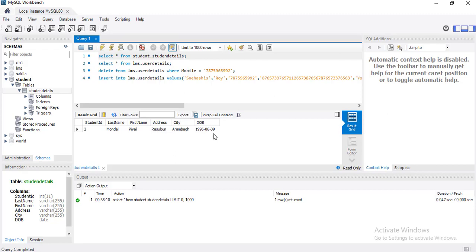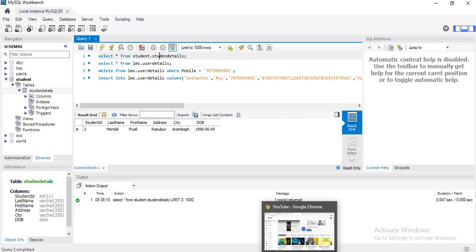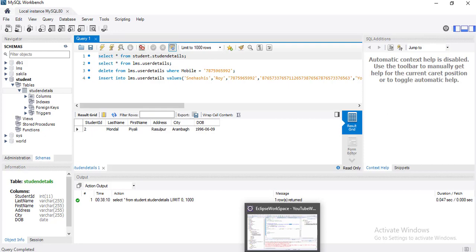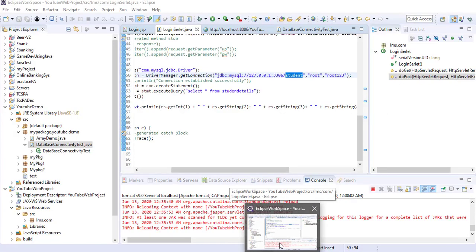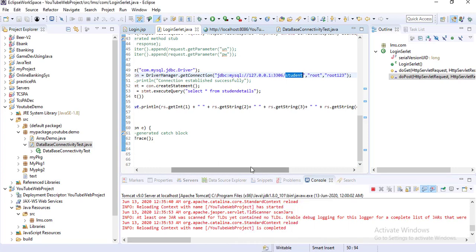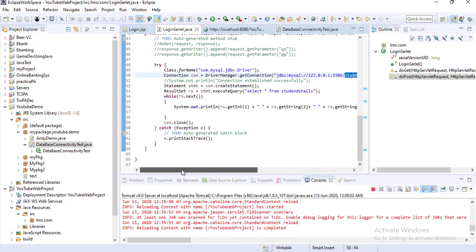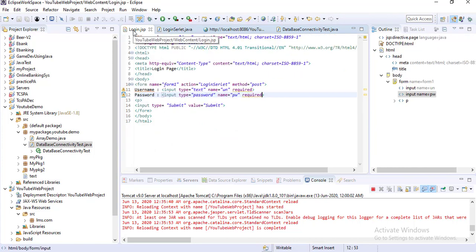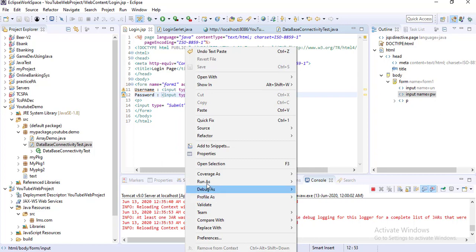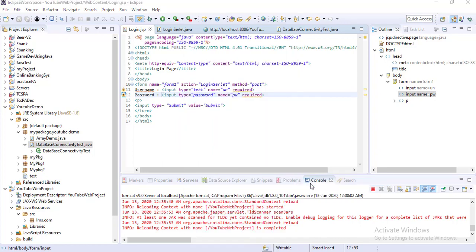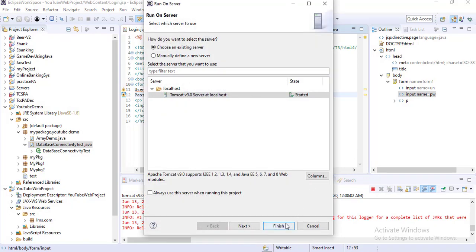Now if you go to Eclipse, this is almost done. Run login.jsp once again, run as, run on server, and click on finish.